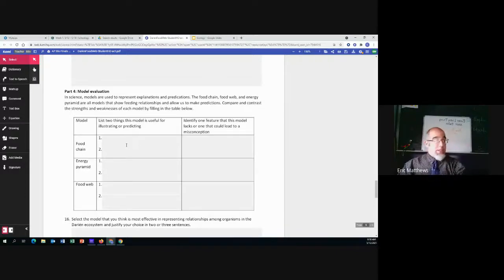So for instance, the food chain shows that energy movement, right? Grass to beetle to frog to bird. That's the thing that does well. What doesn't it do well? Well,